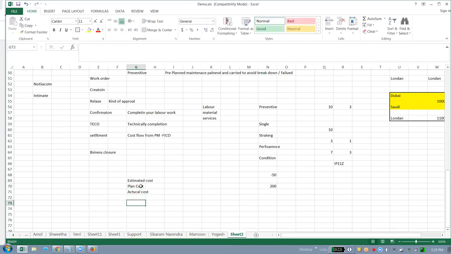Plan cost is when you just start your maintenance, your work is not started. Actual cost is when you complete your maintenance. Estimated is just a rough estimate. For my work, $500 will take care. That is called a rough estimate. That we can see in detail when we start our training sessions.